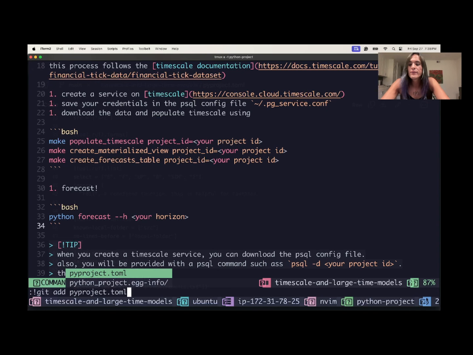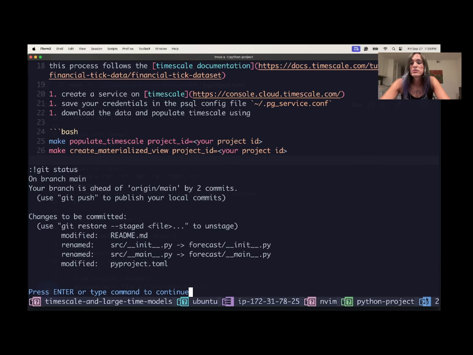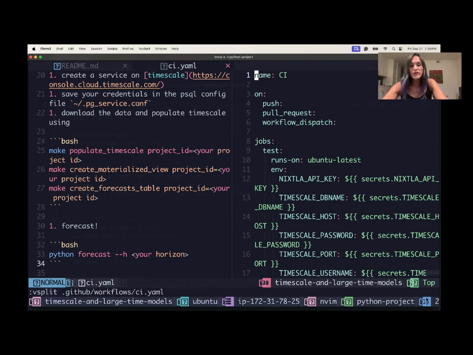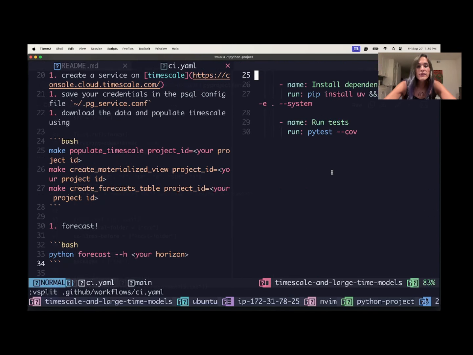Git add. Okay, so status. Okay, so we have those files. I think we need to change also our GitHub actions. That's pretty important because we are testing everything. We are testing everything, and